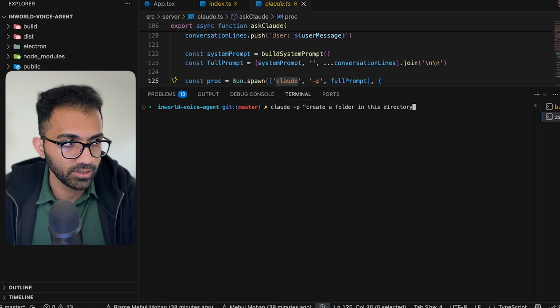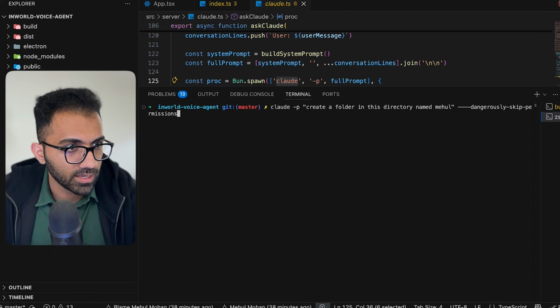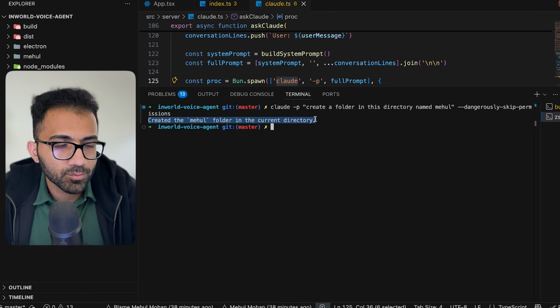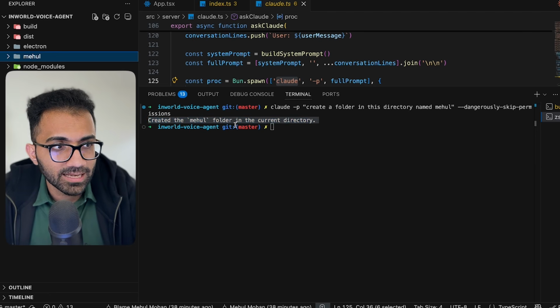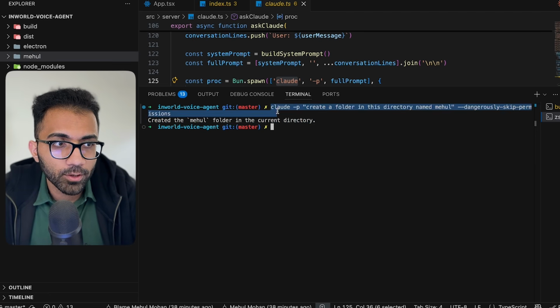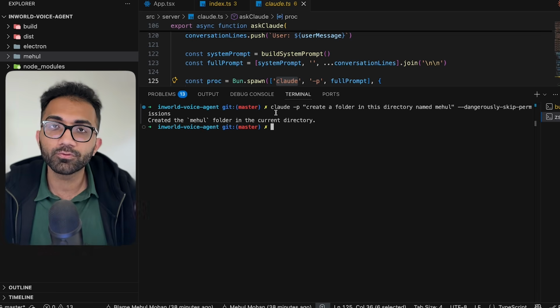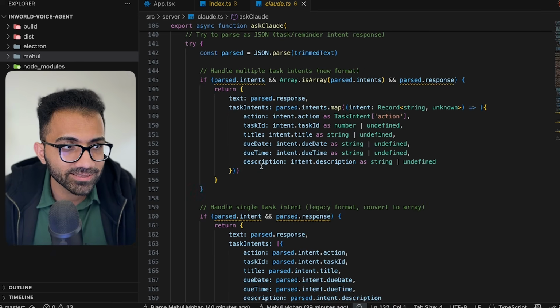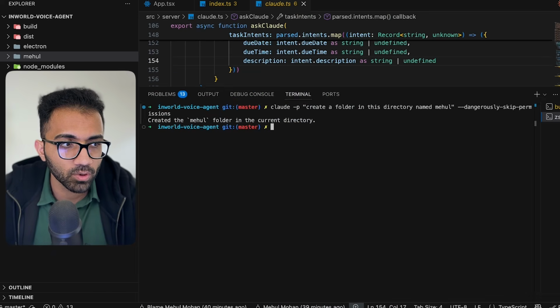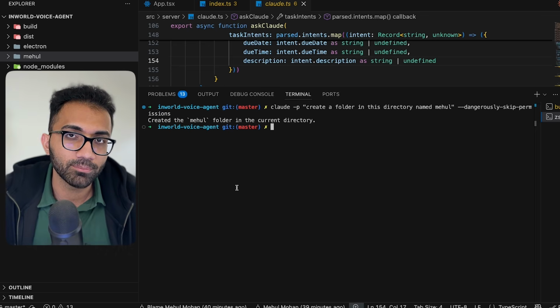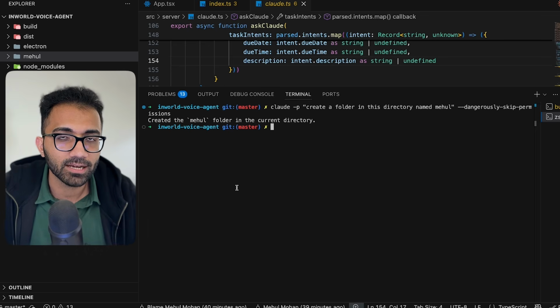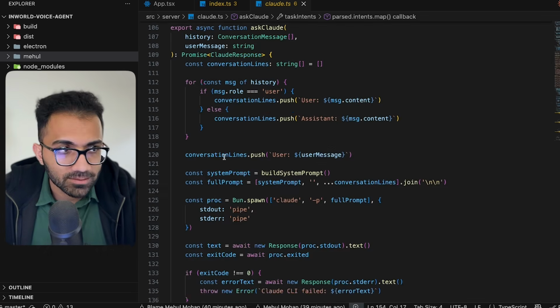For example, inside this Claude P, let's say I give an instruction, create a folder in this directory named, and let's say I pass it the dangerously flag as well. And you see that it only gives me the response back as created the Mehul folder in this current directory, which now exists. But it's so powerful because it's also able to, in the background, take the actions for me, right? So I don't have to explicitly define in my Node.js code that, okay, hey, if Claude is trying to do something on the CLI, let me hijack that action and do that stuff. As a matter of fact, I would